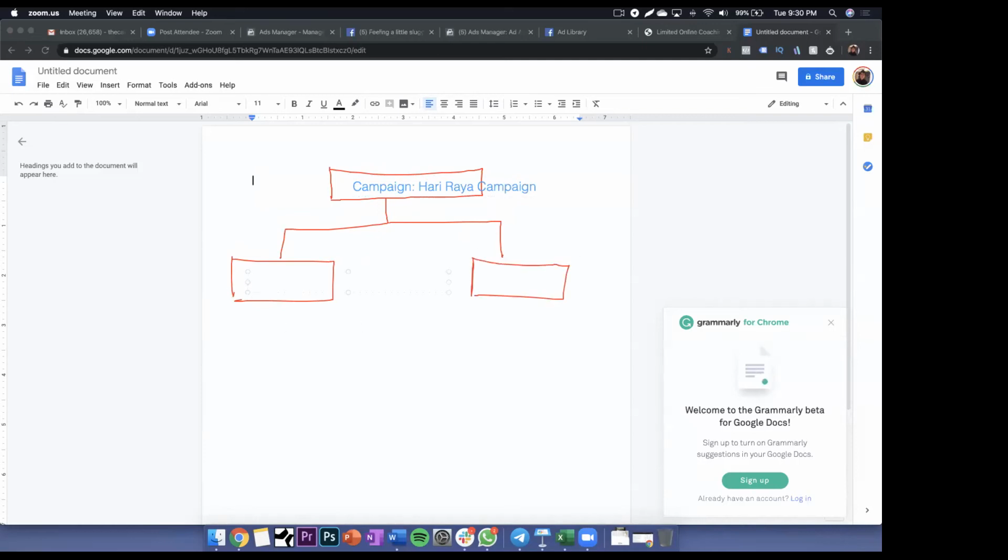On the ad set level, you can do different types of variations. For example, you can do a variation of audiences. Let's say our first ad set contains audiences who are male, 25 years old. And in our second ad set, the audience is a bit different: female, also 25 years old. Then under each ad set, we will have additionally